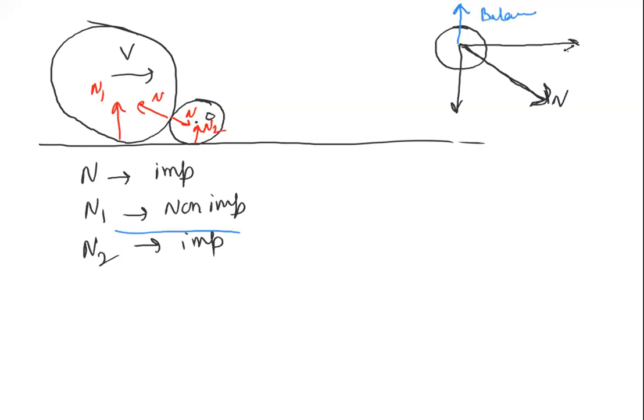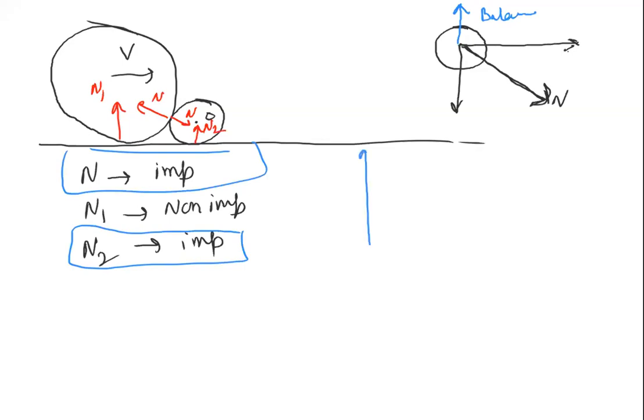Therefore, N2 must be impulsive, N must be impulsive, and N1 is non-impulsive क्योंकि N1 को कोई ट्रिगर नहीं, कोई उसको कोई टच नहीं. So if I were to make a graph between time and N, तो पहले तो जीरो है क्योंकि दोनों कांटेक्ट में नहीं है। फिर अचानक से कोलिजन हुआ, दोनों के बीच में नॉर्मल रिएक्शन डेवलप हुआ और वो नॉर्मल रिएक्शन खत्म हुआ और फिर से दोनों अलग हो गए और ये नॉर्मल रिएक्शन जीरो हो गया। इम्पल्सिव।